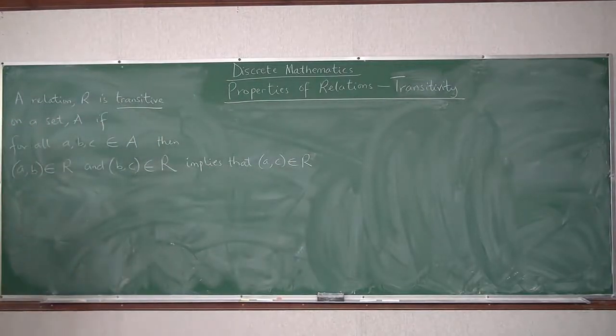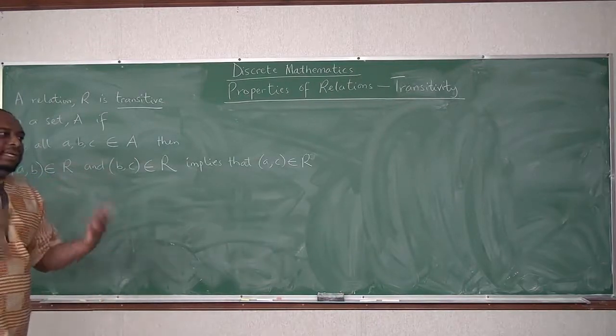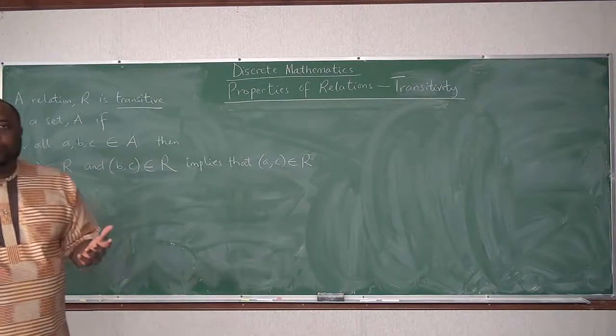So A, B, C are elements of set A. Then if we see that this other pair, (A, B), is an element of R, and that (B, C) is also an element of R, then (A, C) should be an element of the relation R. That is the definition. If we want to write this in predicate logic,